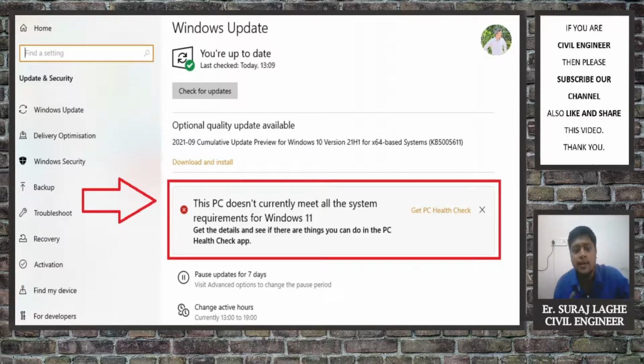So should I upgrade manually? Because look, if you are not getting this message, you are simply getting the message that explains that you are able to install it, or that all your system requirements are compatible with the Windows 11 upgrade. So you can simply download and install it without any kind of error. So please check this before you start this video.